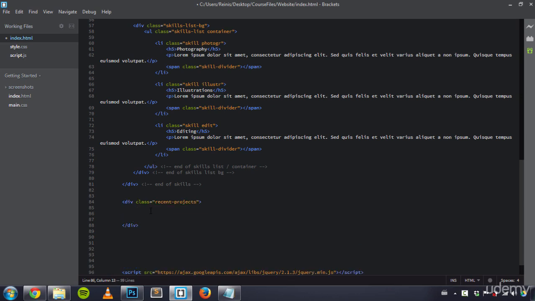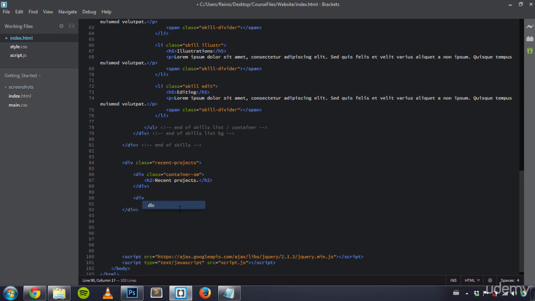Inside of this, let's first of all place the heading, and we also need that container-sm, and inside of this we'll have an H2. We'll say Recent Projects. Okay, next thing is let's place a div and give it a class of recent-projects-list-bg,